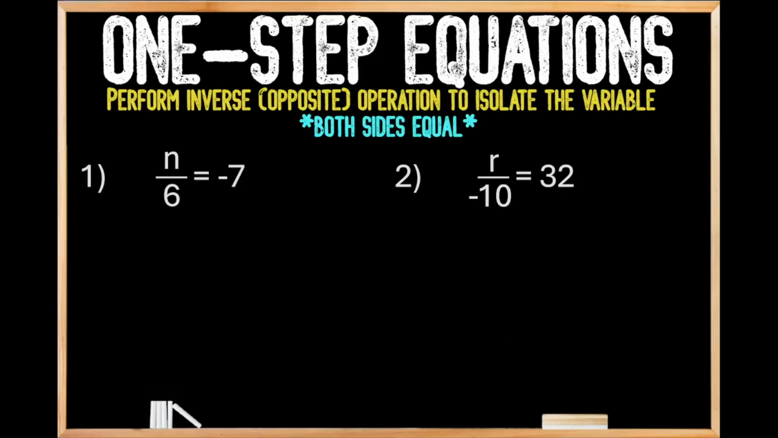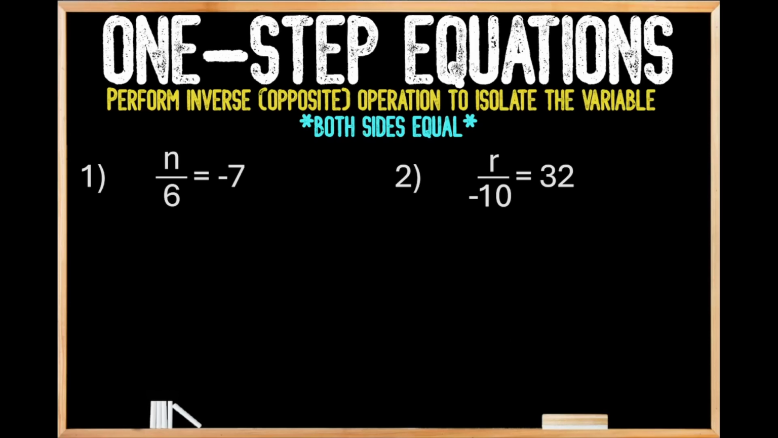Today we're going to be looking at how to solve one-step division and one-step multiplication equations with negatives. We have a couple of examples that we're going to work through together here, so let's get started. First, we're going to begin by working through how to solve one-step division equations with negatives, beginning with question number